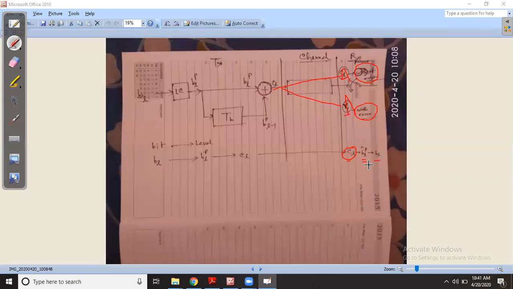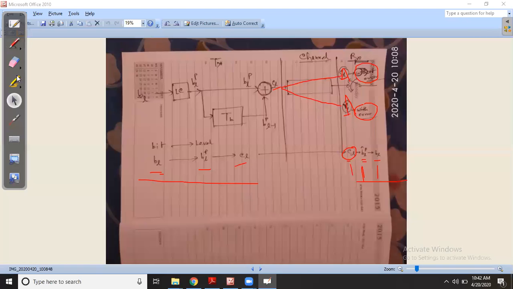So the reverse process. That means at the transmitter we have BL, BLP, CL, then CL is transmitted, or RL. At the receiver we are receiving CL or RL, and we perform the reverse process. That means from CL to BLP, from BLP to the bit. So this is nothing but the reverse of this. That is the block diagram of duo binary pulses, and based on this block we will do some numerical.